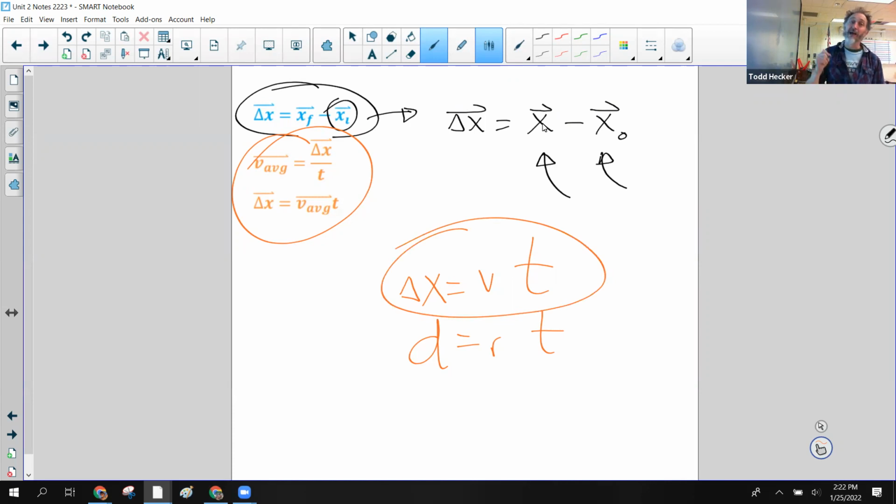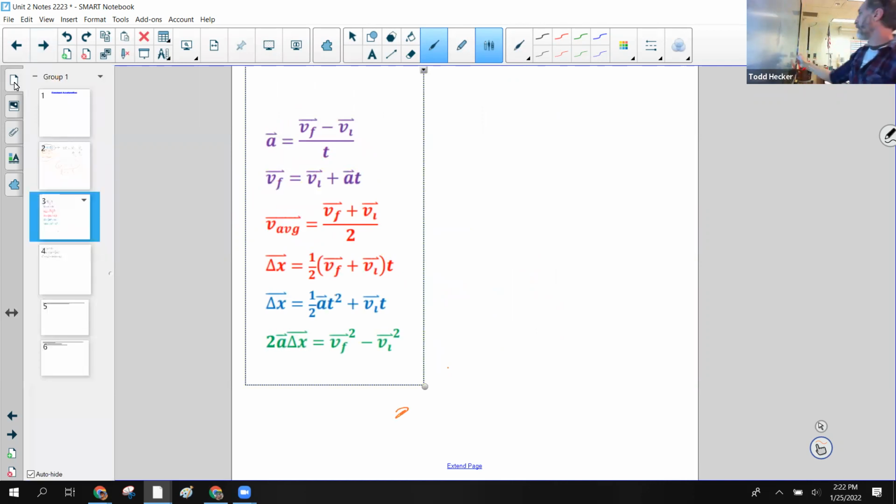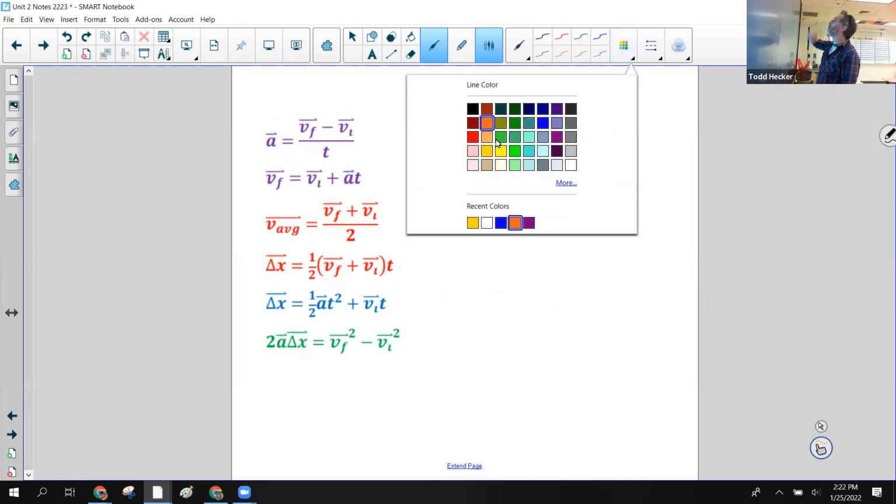All right. If your velocity is not constant, then that's when you need to start worrying about acceleration. And that's when we dig into these equations here. Okay. So these are the equations that we learned last year in honors. Okay. So kind of keeping up with what I was just talking about, notationally speaking,